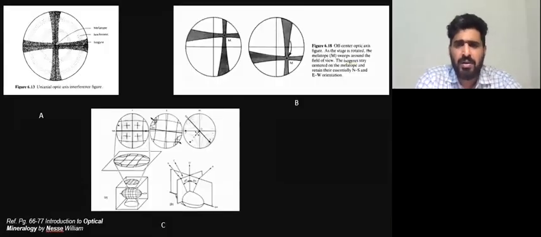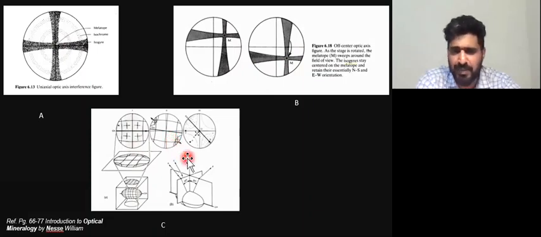Now, what are these three? A, B, and C. All three are interference figures, but you can see there are slight changes. This is the one we have been discussing so far, where the interference figure is a reflection that this section is cut perpendicular to the C axis or optic axis. But you can see in this one, it is actually slightly off-centered. So when you rotate it, you can see this optic axis is not going to be stable like here in the center. It actually rotates. And over here, this occupies a major part of the area, and when you rotate slightly, the whole thing disappears.